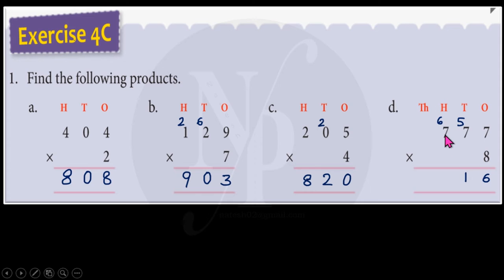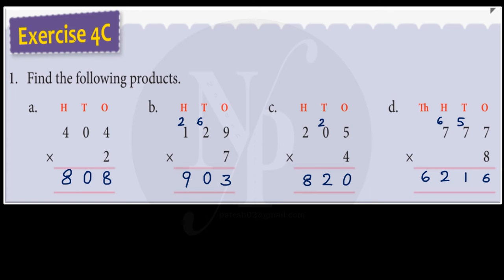Again multiply this 7 at the hundreds place by 8. You get 56. 8 7s are 56. Now you should add 6 to 56, since we have 600s here to be added with 56 hundreds. So 56 plus 6 is 62. So 62 hundreds are regrouped as 6,000s and 200s. So we write 2 in the hundreds place and 6 in the thousands place.